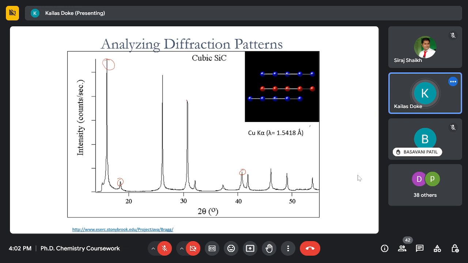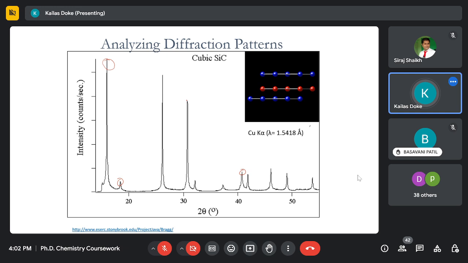It depends upon the crystal at different planes having different constituents, and therefore the number of constituents reflects in the intensity of that particular diffracted pattern. So this is an X-ray powder diffraction pattern of cubic silicon carbide, and here